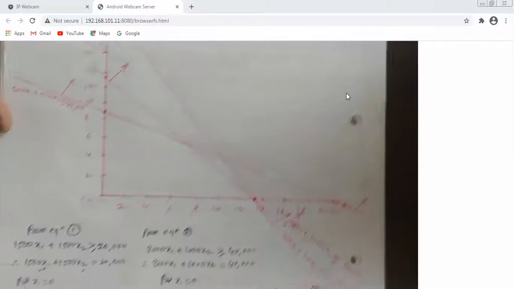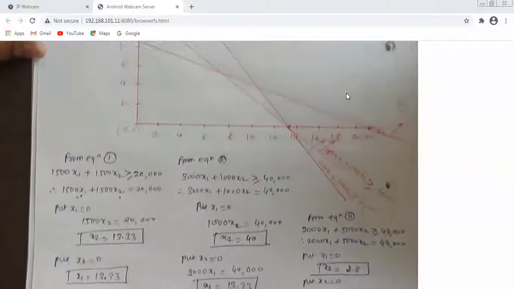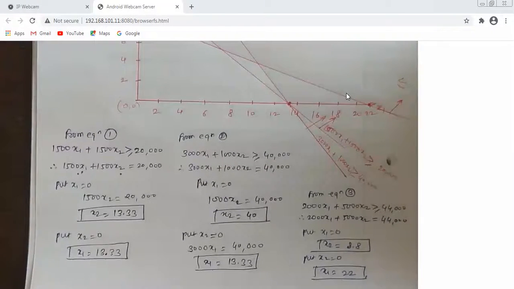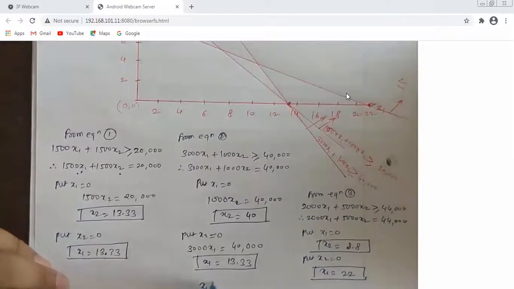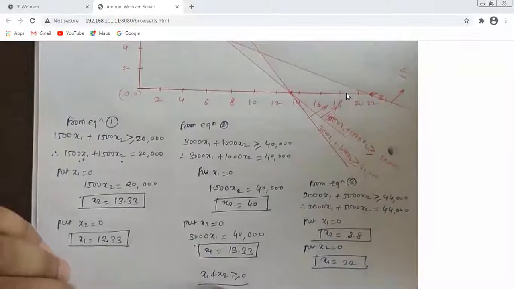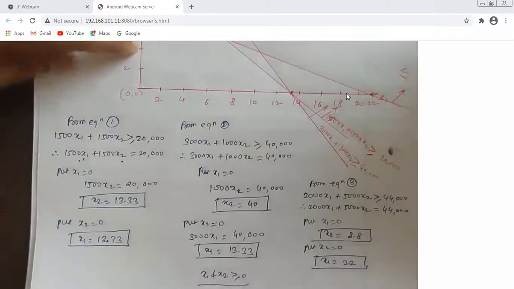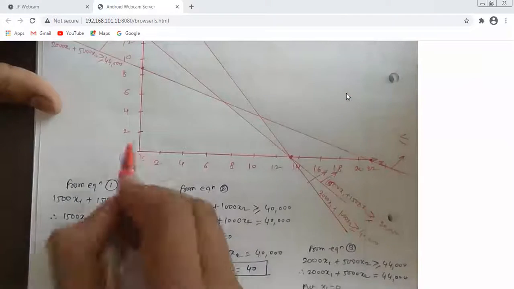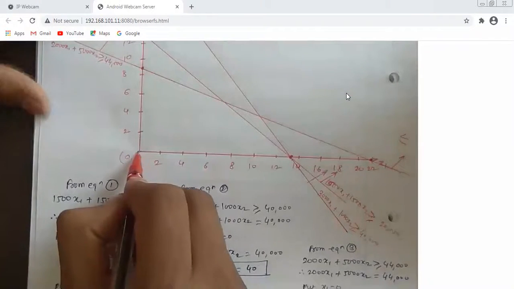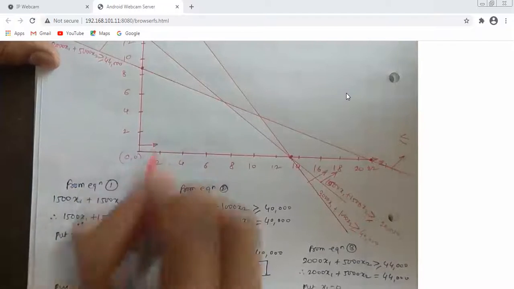Before finding the common area, we are having one more constraint, that is the last constraint. What is that constraint? x1 and x2 are greater than or equal to 0. This constraint we have to draw on this given graph. Now see what is given. x1 is either 0 or greater than 0. म्हणजे x1 ची व्हॅल्यू एकतर 0 असेल किंवा 0 पेक्षा जास्त असेल. म्हणजे ह्या डायरेक्शन मध्ये असेल x1 ची व्हॅल्यू.